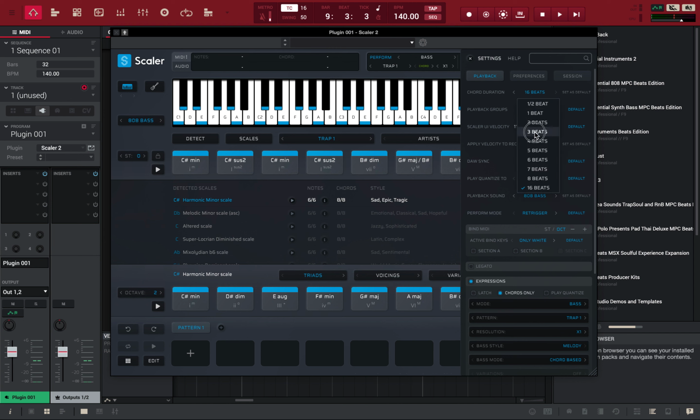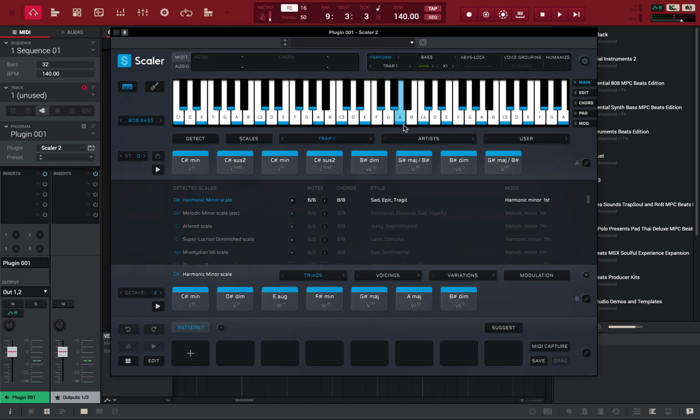You can have it set to whatever you want. But for this tempo, I'm going to use 16 beats so you can hear the full MIDI chord progression. Come out of here. So now, when I hold down any of these chords,